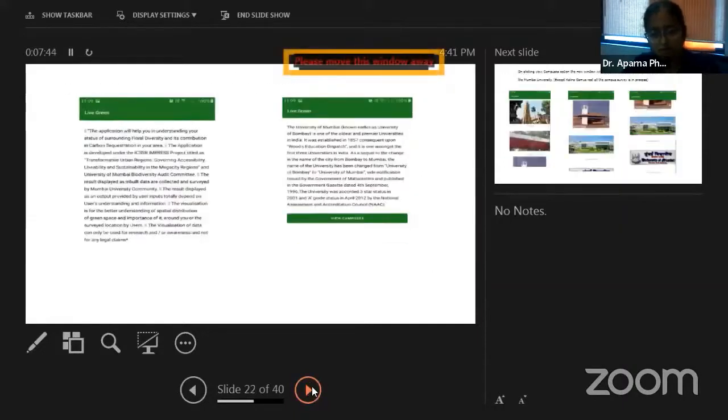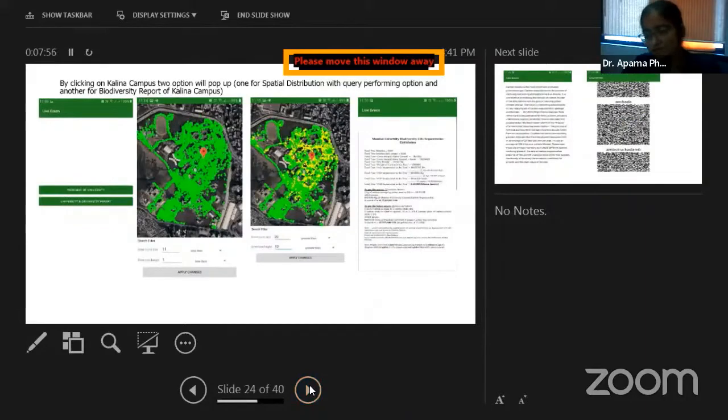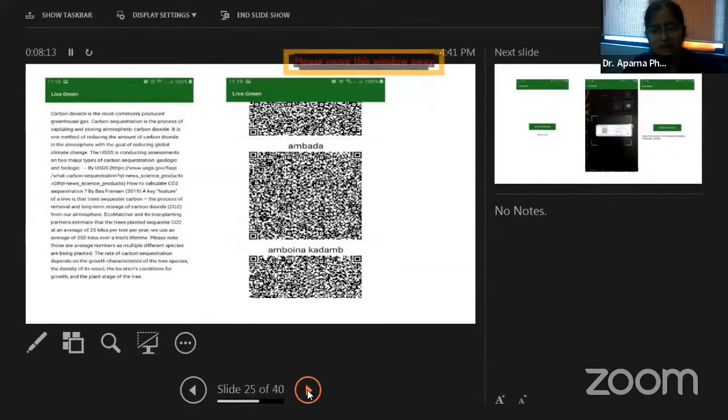There is also information about the Mumbai University Kalina campus, where this particular biodiversity audit was conducted. Then you will find that we have identified some 137 species of flora. So you can see these are the results. Whatever QR codes we have generated, those QR codes are there with this particular application. There is also a facility where people can use the inbuilt QR code scanner, and you can read